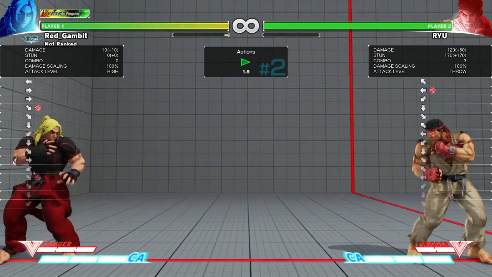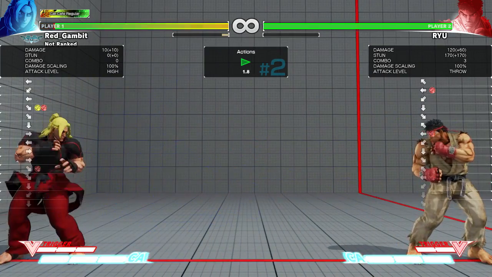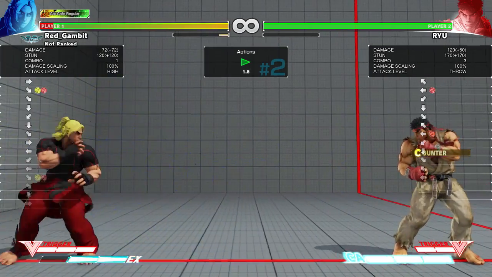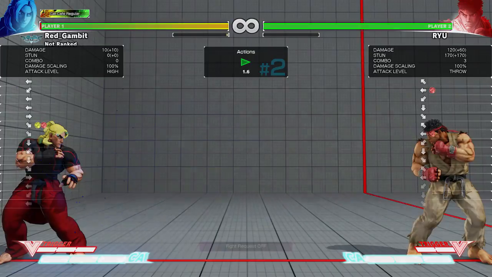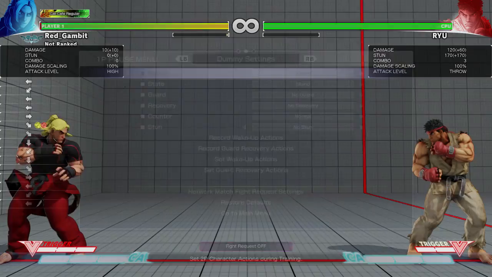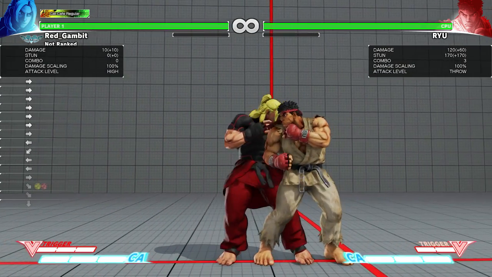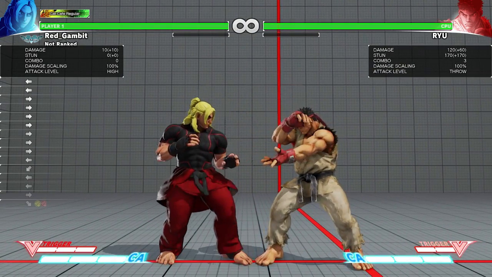And even his EX version, which you would think would have the most of all, only gets 7 frames. So it's still not worth it. So just be aware that this move, in general, is not a great wake-up reversal. It can definitely be used as a wake-up reversal, but it's not a great idea because it just doesn't have that much invincibility. And if you are going to use it as a wake-up reversal, use a medium punch version,